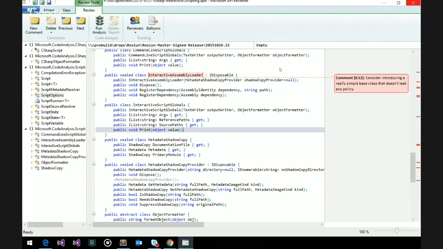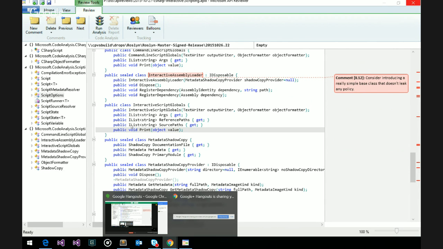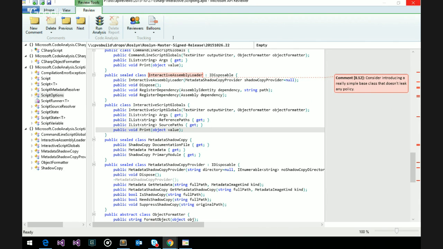Shadow copying and shadow copying don't appear to be related types, like in a class hierarchy. So there's a metadata shadow copying, and then its first property is a type of shadow copying. Yeah. Metadata shadow copy is not a subtype of shadow copying. No, shadow copy